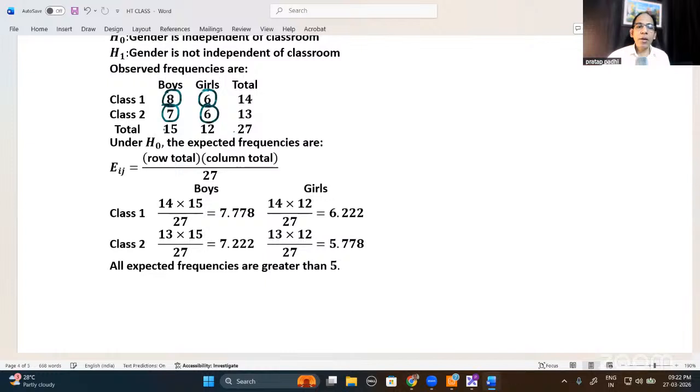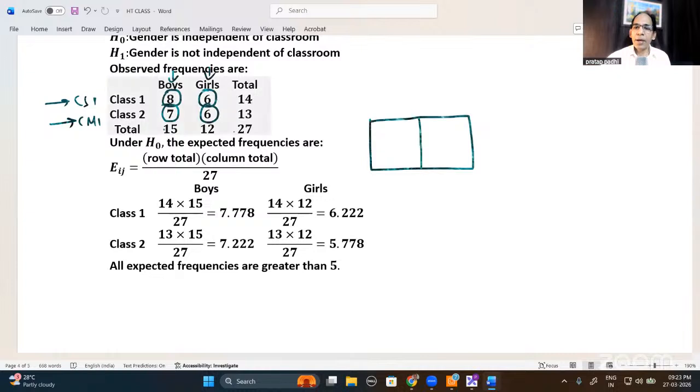It's not that boys and girls sit randomly. Suppose this is the CS1 class, this is the CM1 class. When students start, suppose many girls are interested to start with CS1, whereas many boys want to start with CM1. So what will happen? Even if the students came to the school in equal numbers, in the classroom they will sit differently, right? That is what you need to know. So you want to know whether they are dependent or independent, whether the proportions are the same or not. That's where we check independence. Okay. We have a question.